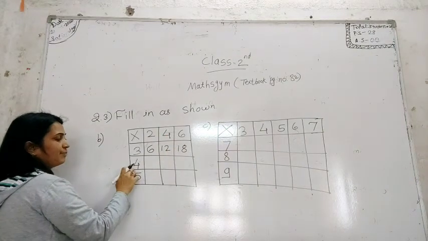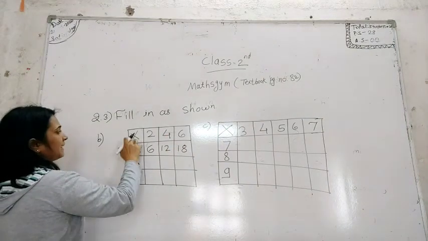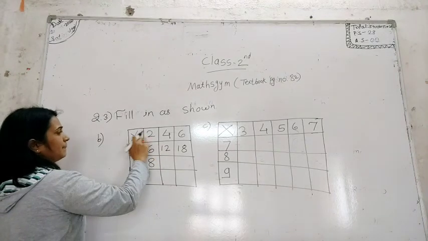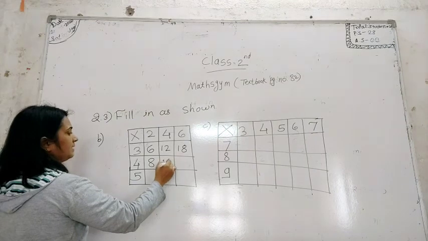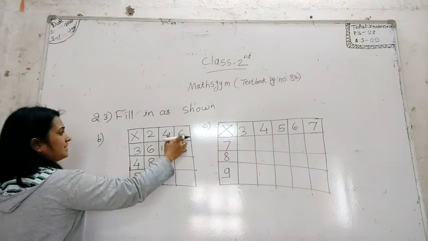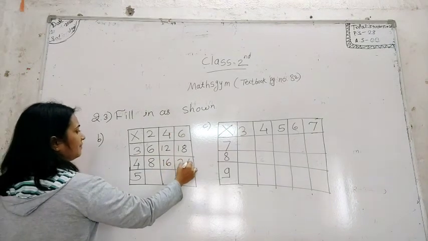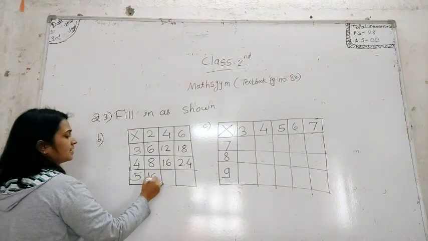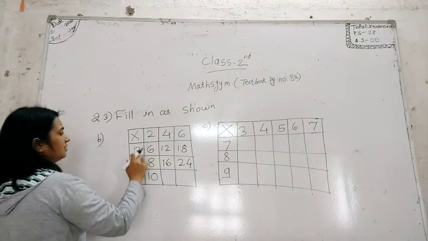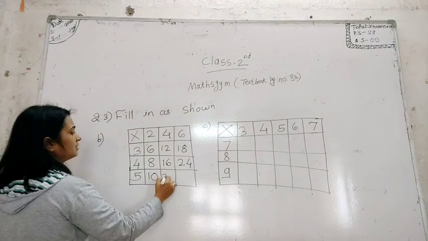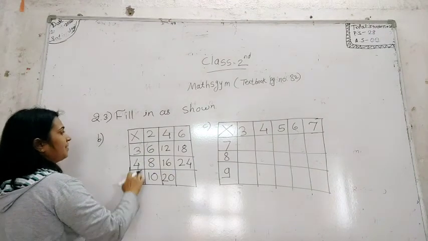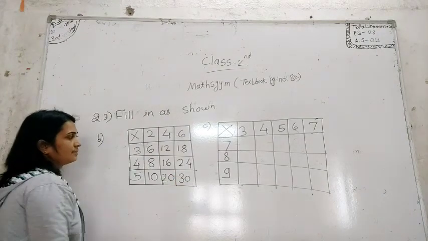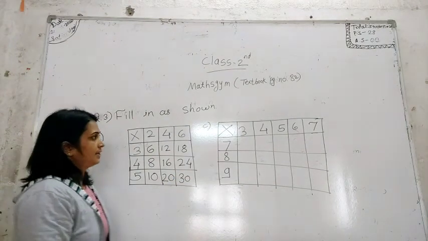Now by 4. Then 4 multiplied by 2 is 8. Then 4 multiplied by 4, that is 16. Then 4 multiplied by 6, that is 24. Then 5 multiplied by 2, that is 10. Then 5 multiplied by 4, that is 20. Then 5 multiplied by 6, that is 30. So next problem is,